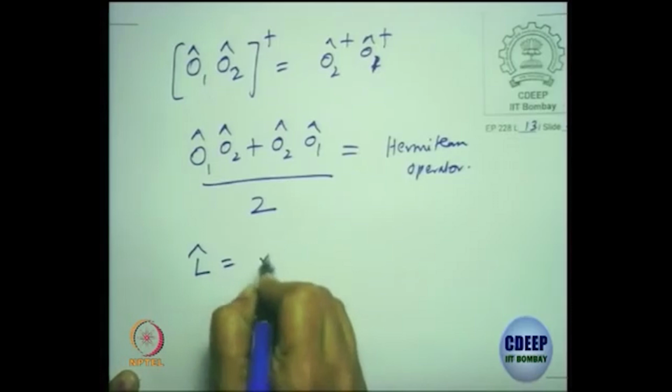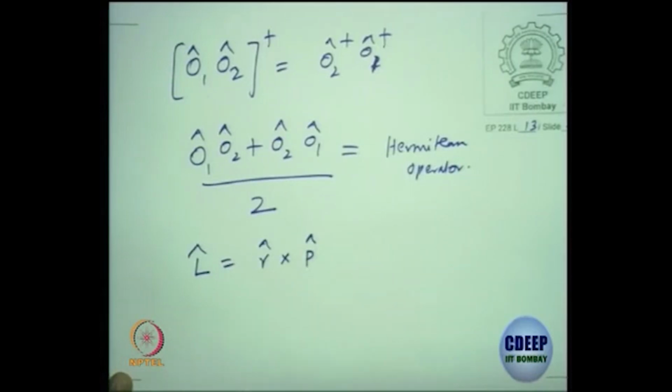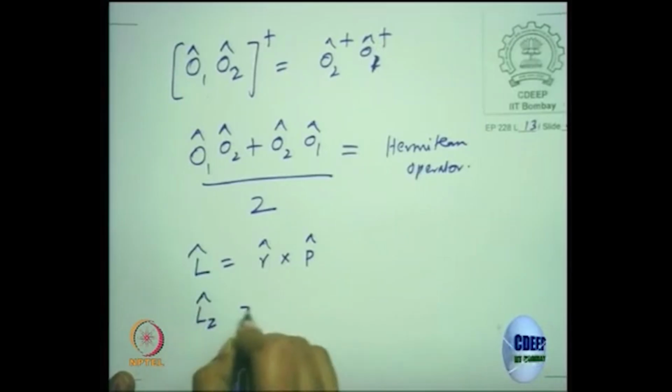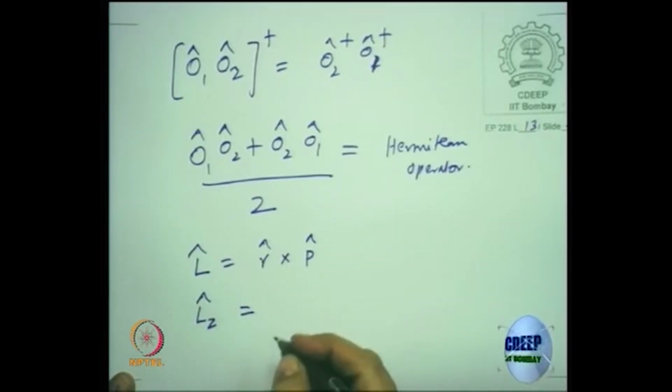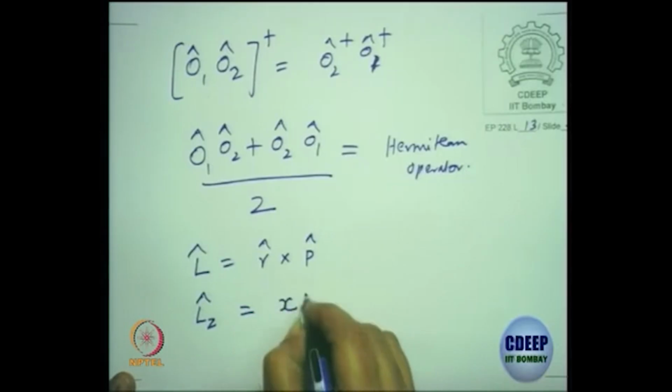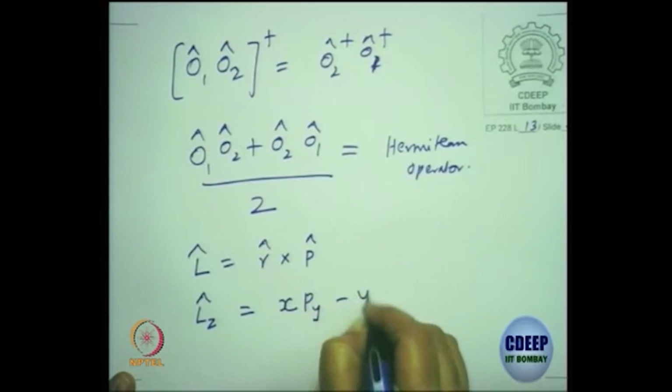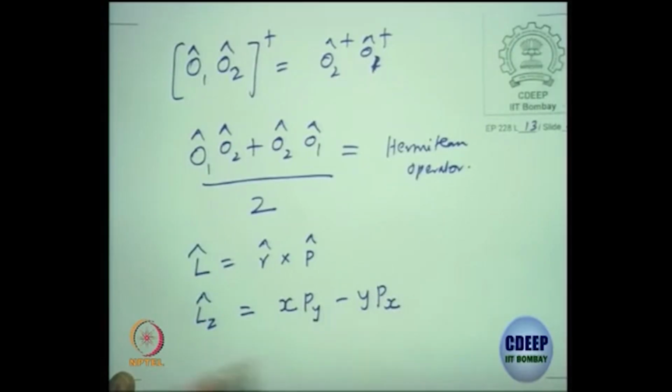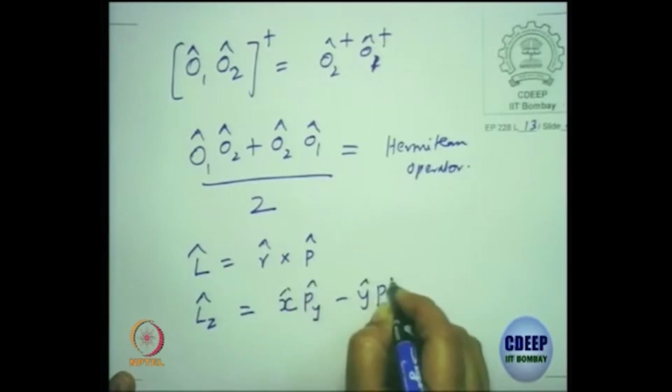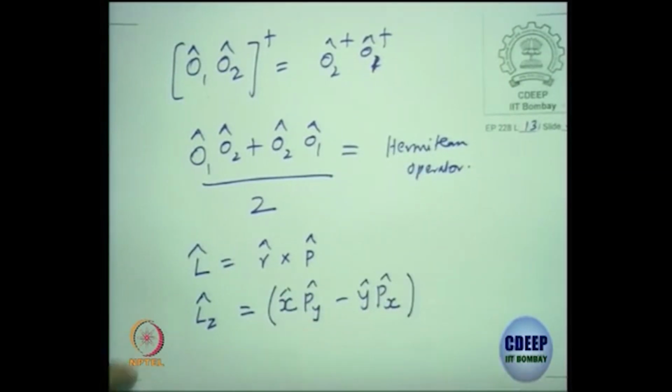Like for example, angular momentum is R cross P. So if I write this L_z operator, how will I write this? As X Py minus Y Px. But why don't we do the ordering here? In classical mechanics, no, this is quantum mechanics. We still write the quantum angular momentum operator without adding a Py X, Y Px ordering. So your X and Py